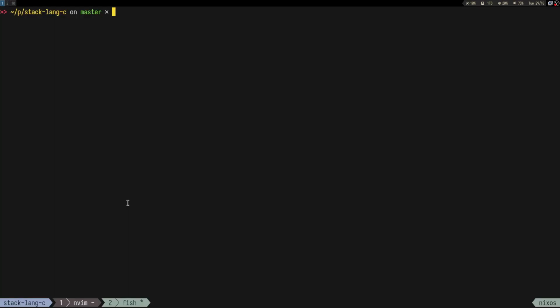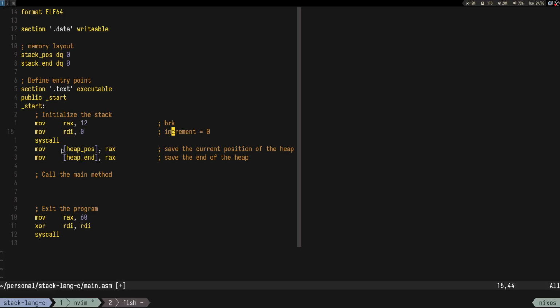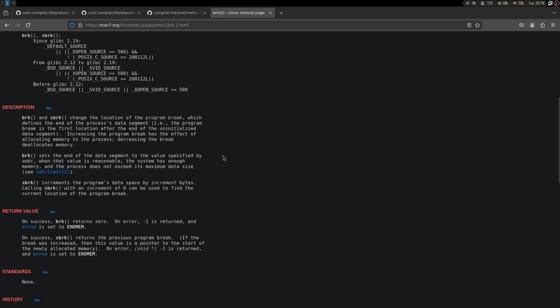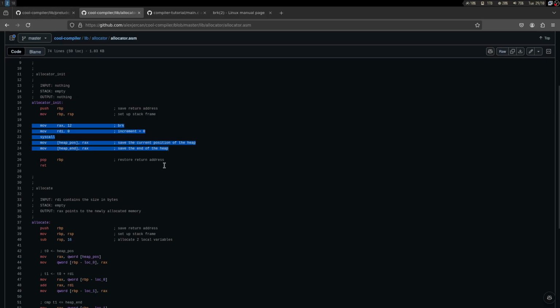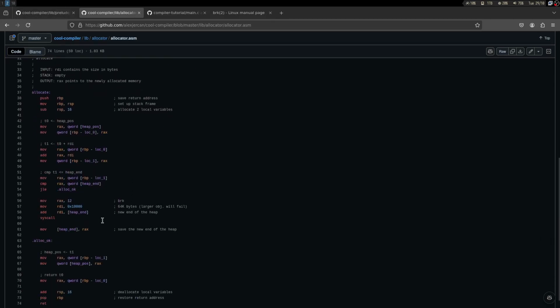So the beginning. So that's why heap position and heap end are going to be 0. And then we can use sbrk with a number. So for example here, 64k